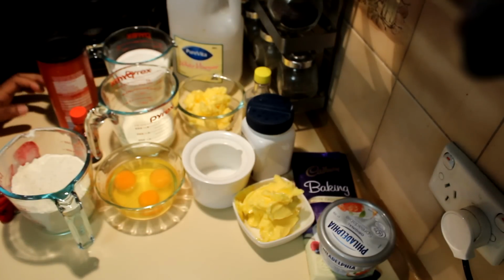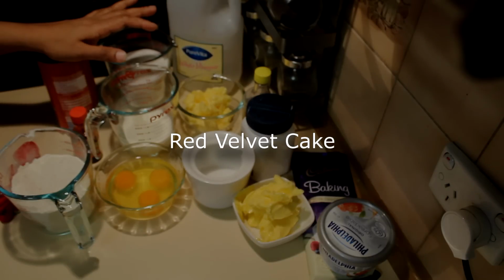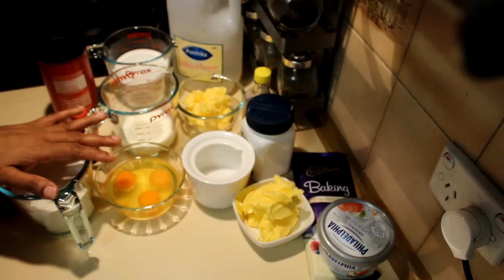I thought of doing a red velvet cake today. This will be a really nice treat for your Christmas. And for the recipe I am using